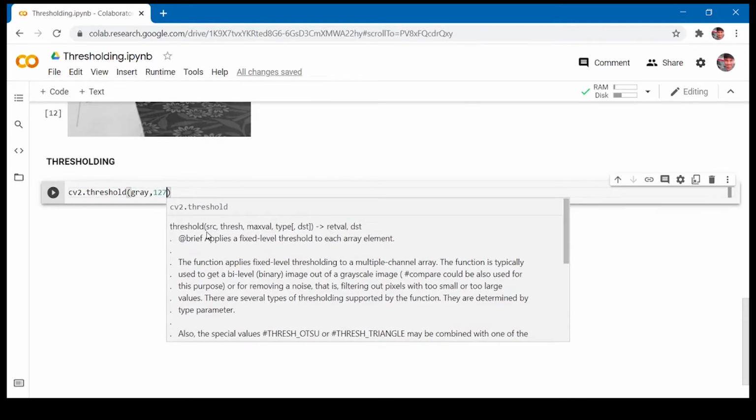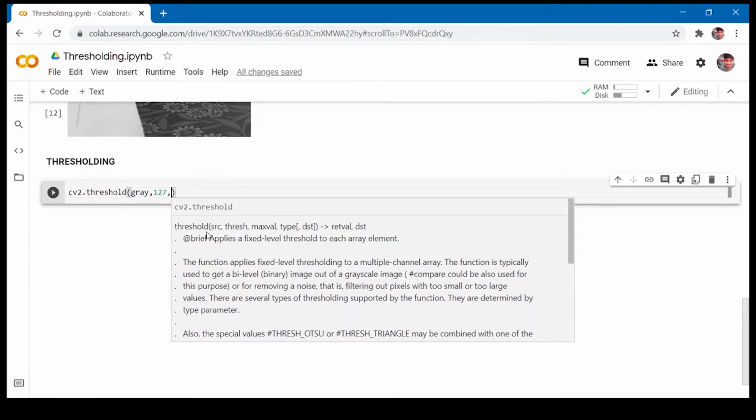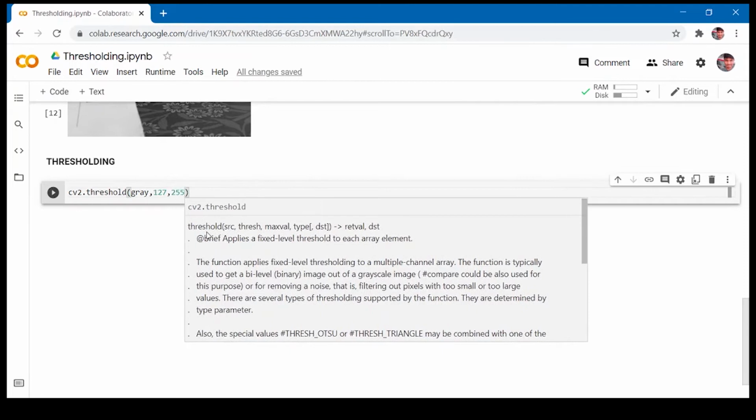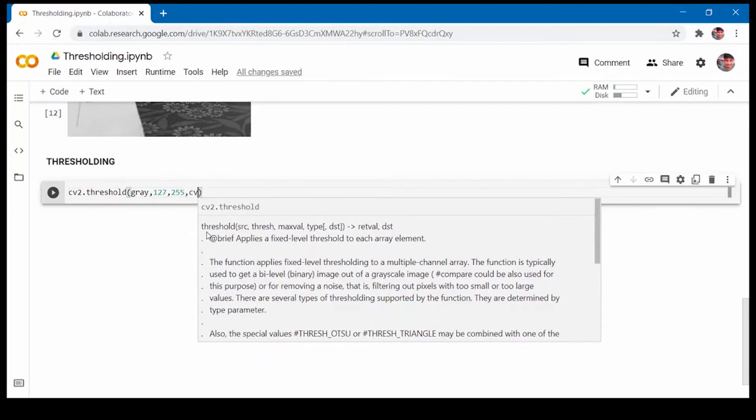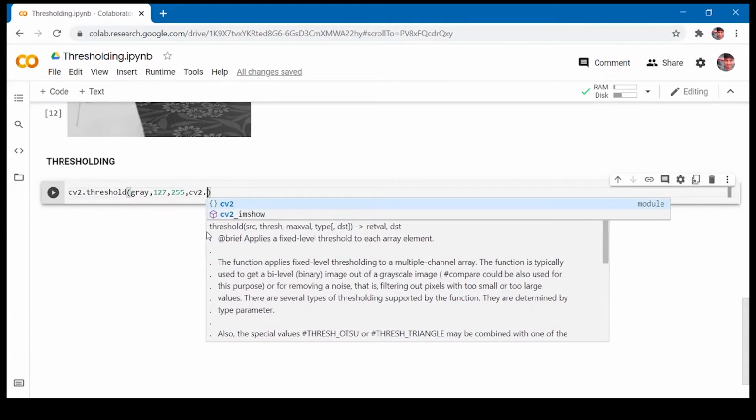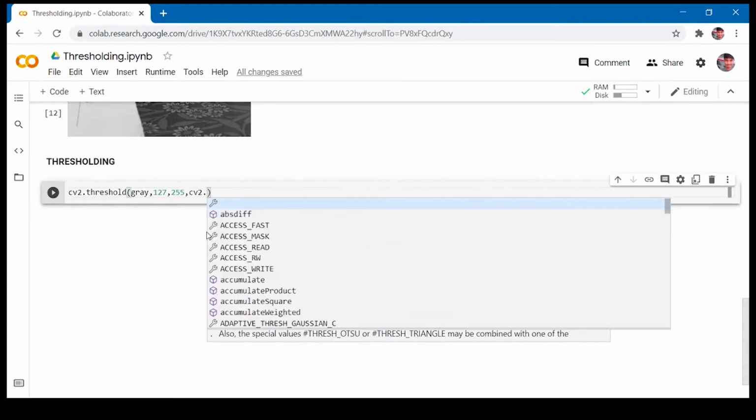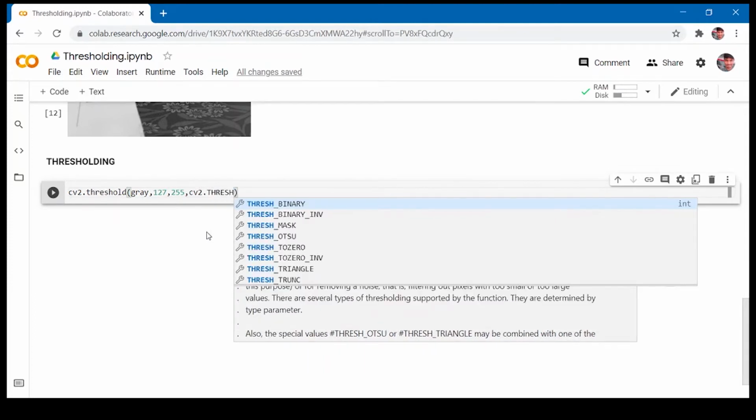Let us pass 127 as the thresh value, because 127 is the global threshold value. Pass 255 as the max value because 255 represents white. Since this is a thresh flag, we have thresh at the beginning of the flag.